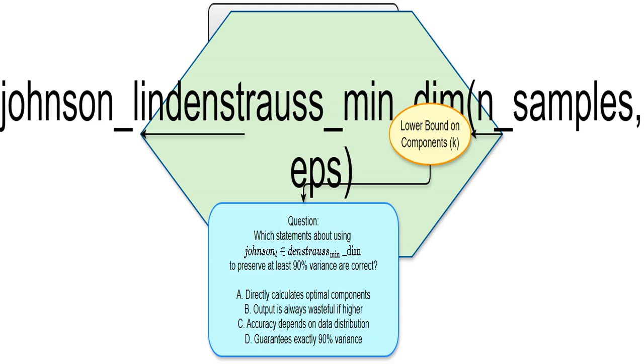This is a function from the scikit-learn library. It helps me figure out the minimum number of dimensions I need to reduce my data to. The n_samples is the total number of data points in my dataset, and eps represents the acceptable error, or how much information I'm willing to lose. It's like saying, I want to reduce my data, but I want to keep at least 90% of the important